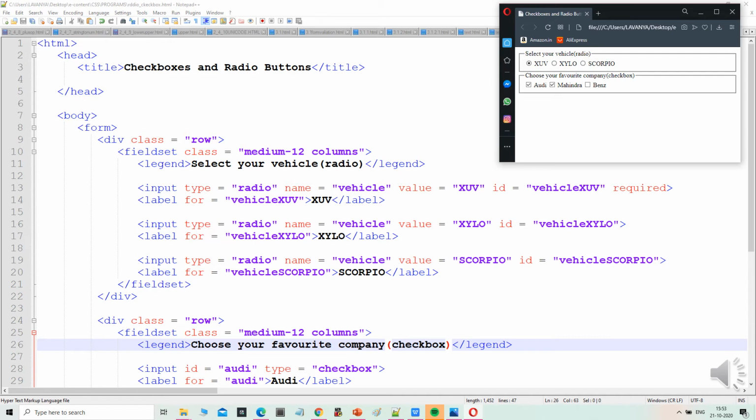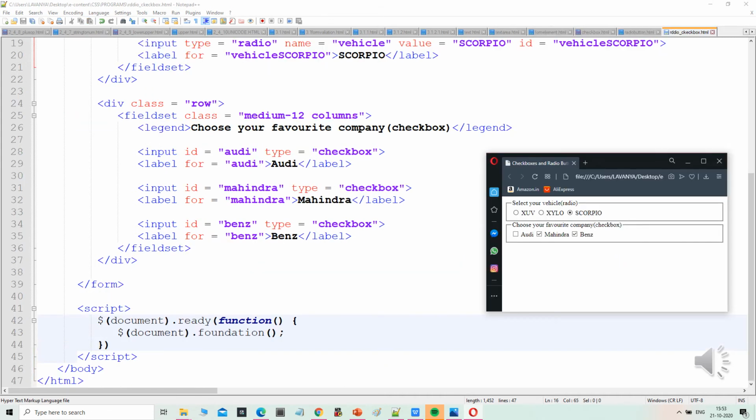We will see one program for the checkbox and radio button. So this is our program using checkboxes and radio buttons.